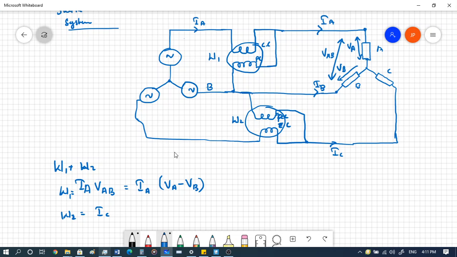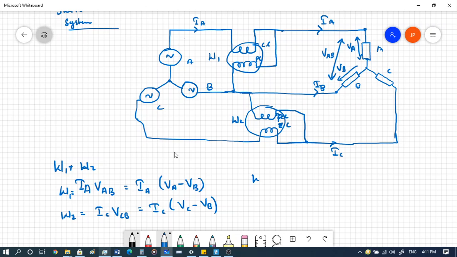The current coil is going to measure the current through the C line. So that is IC into, now the pressure coil takes the voltage difference between C and B, so you can write it as VCB, right? That is IC into